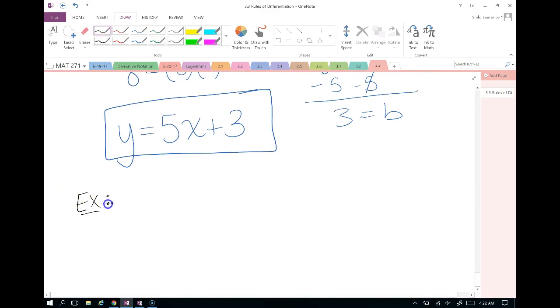Another thing that we can do with our derivatives here is we can find certain places where specific tangent slopes exist. And this is going to be really helpful in our next chapter. We might be interested in knowing where we have horizontal tangent lines. We're going to identify or find all points on the graph